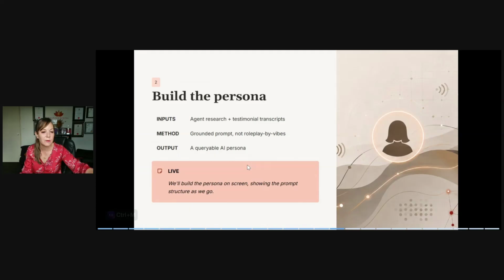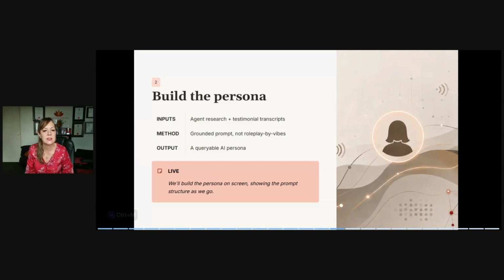So for this persona, we'll use Claude to create it. And I've got a range of things to give it to learn more. So first of all, we've got the research that we just did with the agent. Then there are testimonial transcripts. Natalie has been gathering video testimonials from clients after all of her retreats.